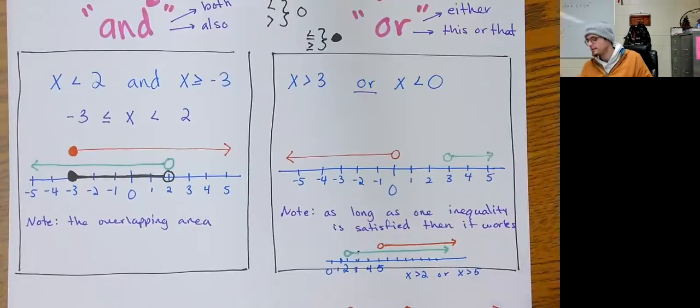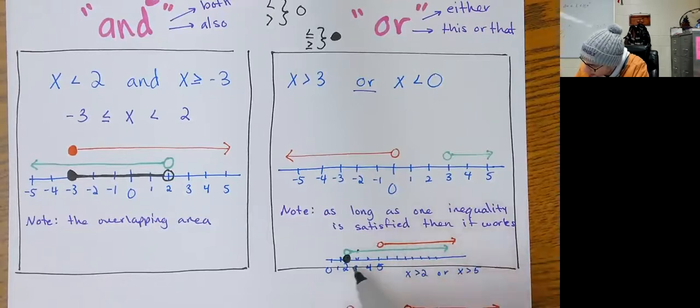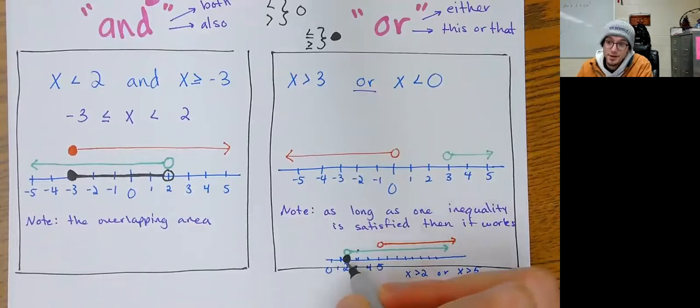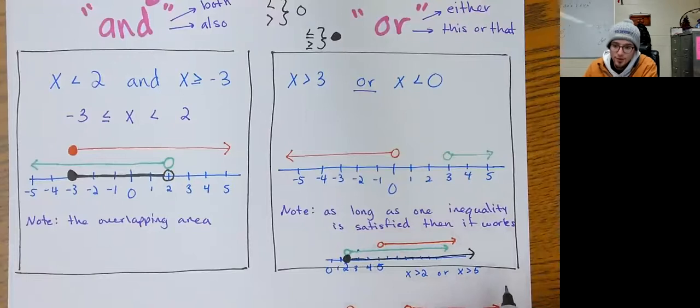So what you get is, again, I don't know if this is the most mathematically correct thing to say, but you get something that overrides the other. So the actual graph of this inequality would be, oh, I shouldn't have filled that in. That should be an open circle. That should be an open circle. Did it in black Sharpie, no take backs. But you get a graph that overrides the other